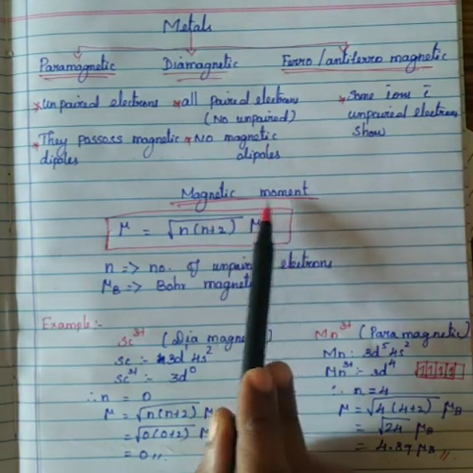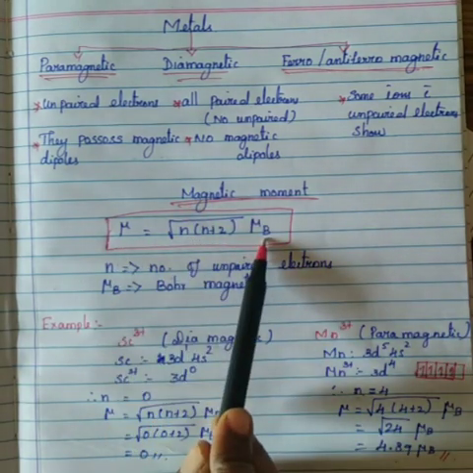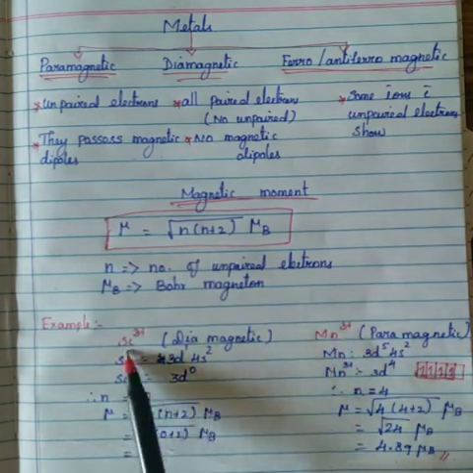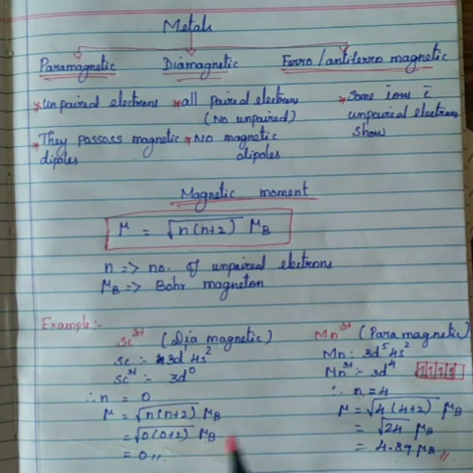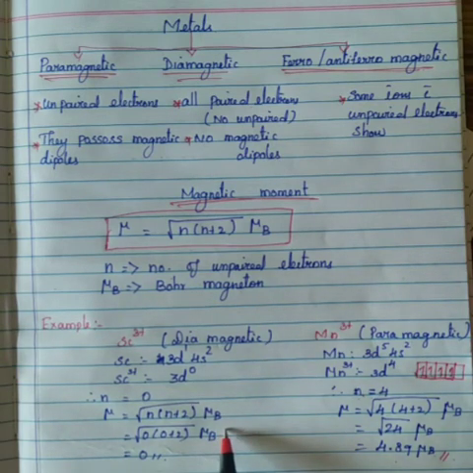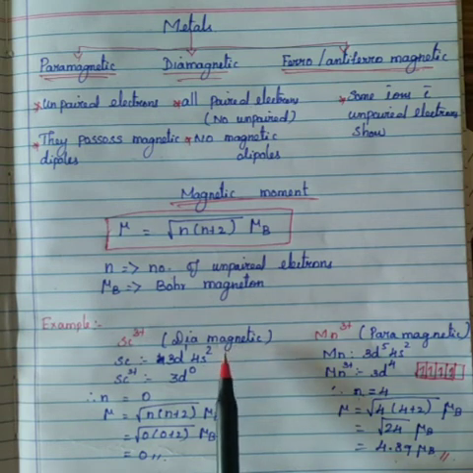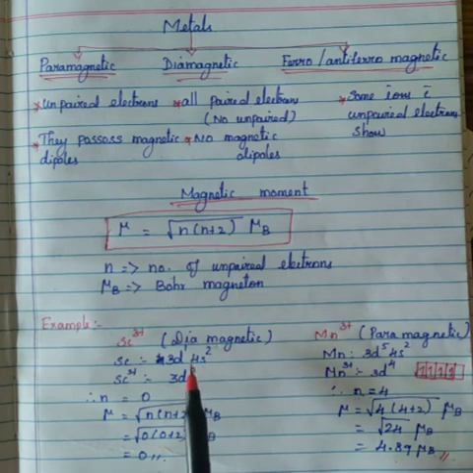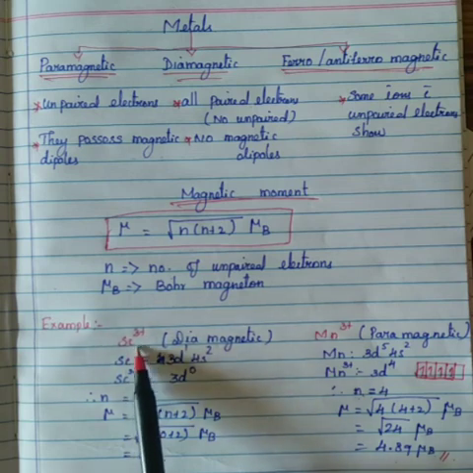Then magnetic moment. If they ask for magnetic moment, this is your answer: the formula for magnetic moment, then an explanation of the formula. And then they may give any metal. For this, you have to find the magnetic moment value as well as which type of magnetic that metal is. These two you can find with the use of atomic number, outer electronic configuration, and then you have to know how to find the electronic configuration of the given elements.